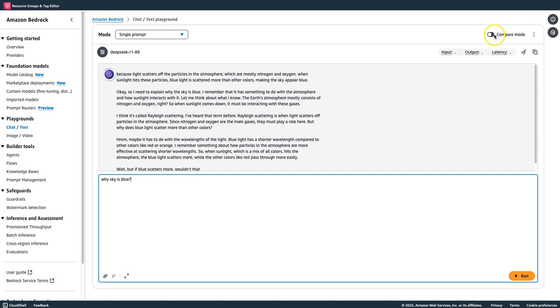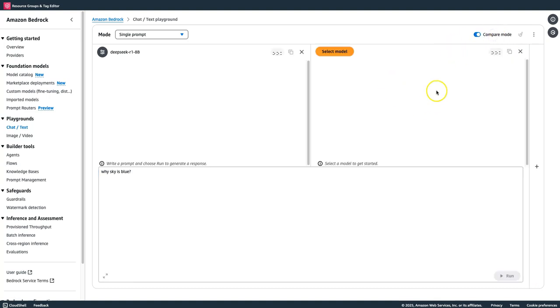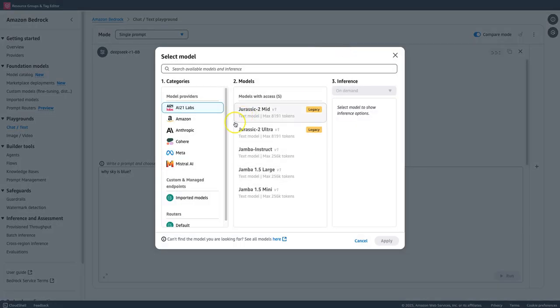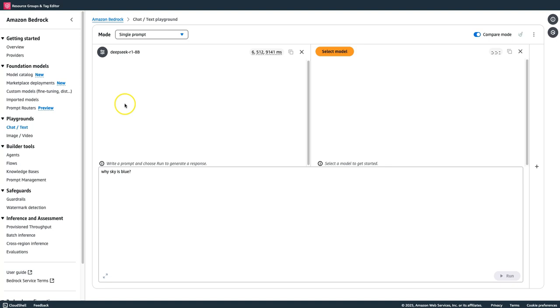Also, you have an option to compare this with another model, right? You can select any other model and see how that is being compared with another model. In addition, you can also go and